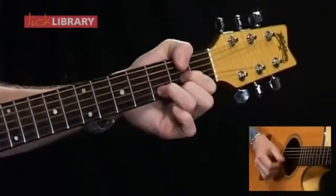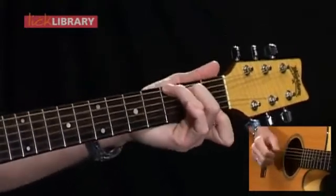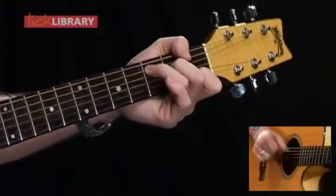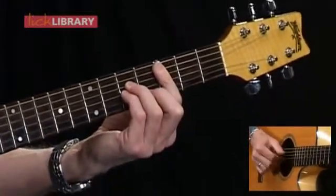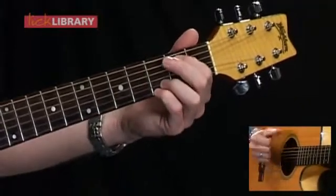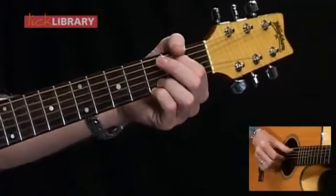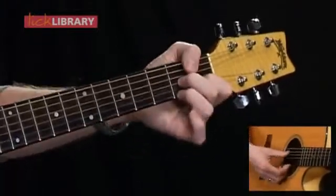Then the D. We've seen this section before. C minor, G, A minor 7th, D 7th,